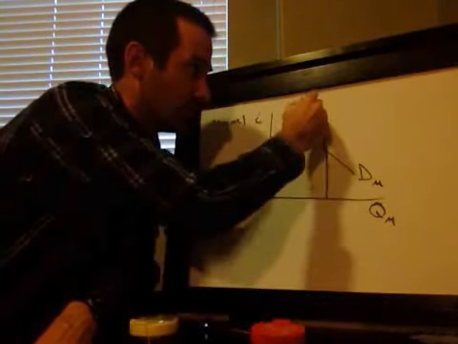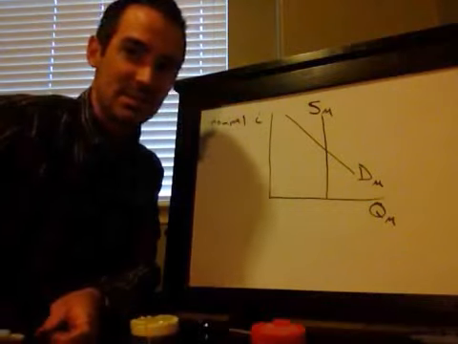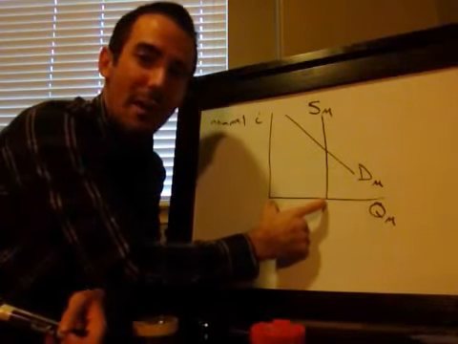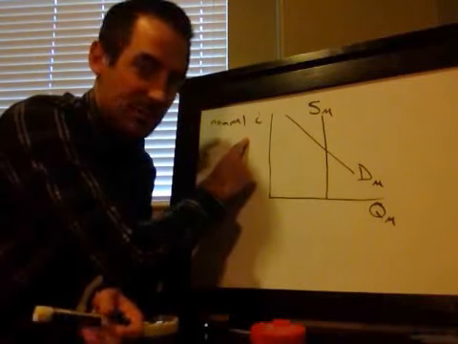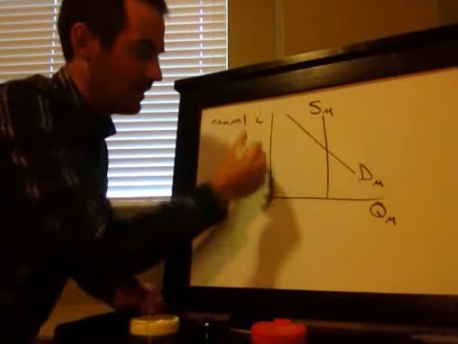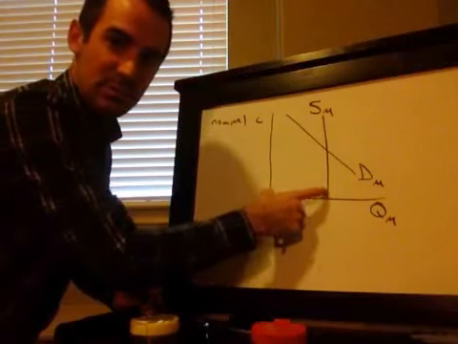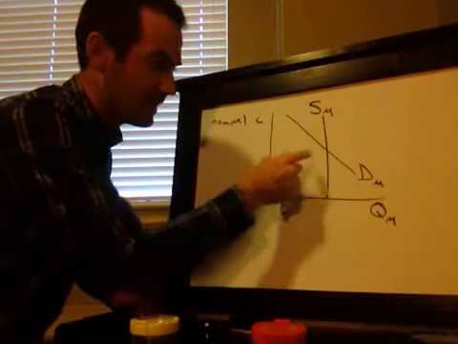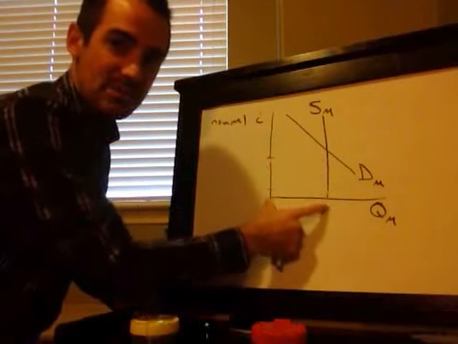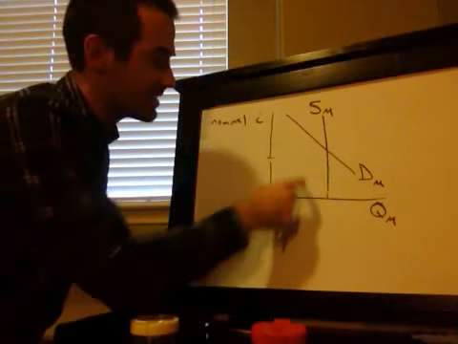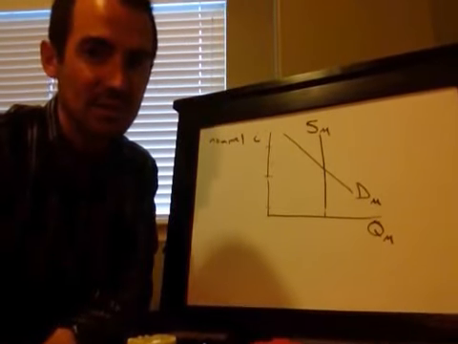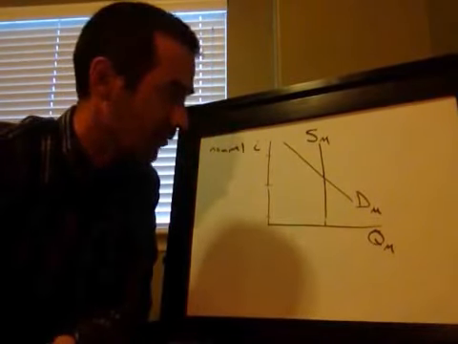So it's vertical. And I guess that makes sense. It is this same quantity no matter what the nominal interest rate is. If the nominal interest rate was really low, this would be the supply of money because the Fed set it there. If it was medium, it would still be this same quantity. If it was very high, it would still be this same amount because the Fed set it there, all right?